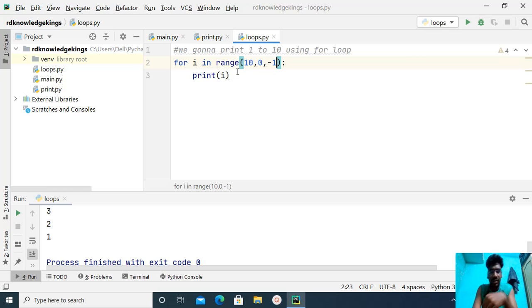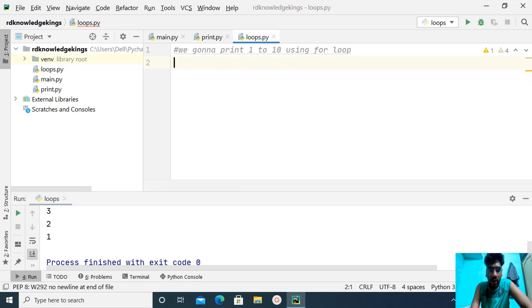This is about the for loop, and this much is enough. In future videos, while we are solving more real case problems and more competitive problems, we'll be using this for loop. At that time, you'll be learning more about this. At this particular time, this much is enough for you. This is for. Now we'll be going to while. We'll solve the same problem with the help of the while loop.